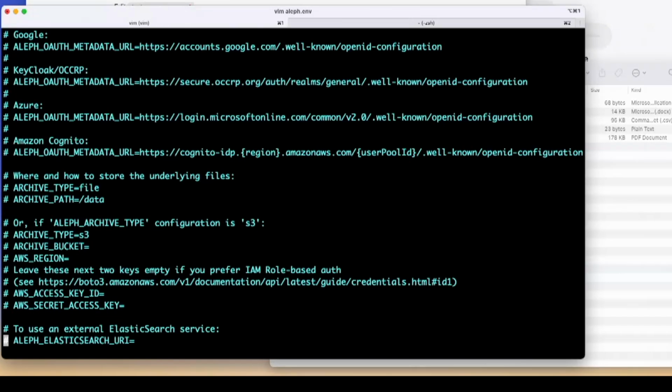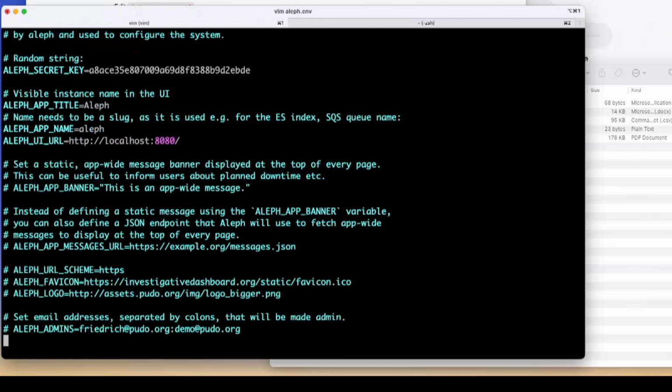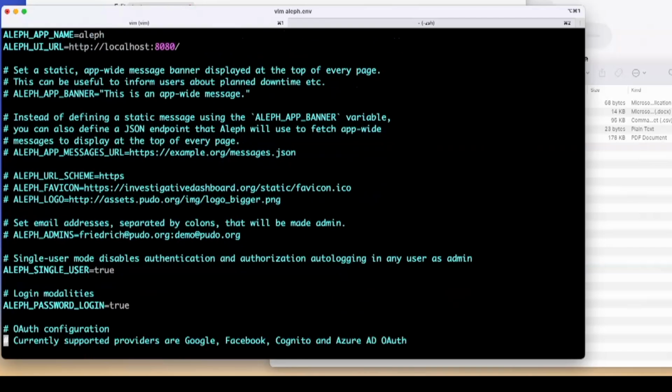so for storage, we talked about how this is storage intensive. They've already thought of this. You can configure an S3 bucket for raw storage. So just natively in the tool, you give it a bucket, it just dumps all of its raw data there. It can save you hard drive space. So to get it running, all we have to do is edit this key, and the other thing we do is set it to single user mode, which basically disables authentication entirely and just lets us get to the tool immediately.